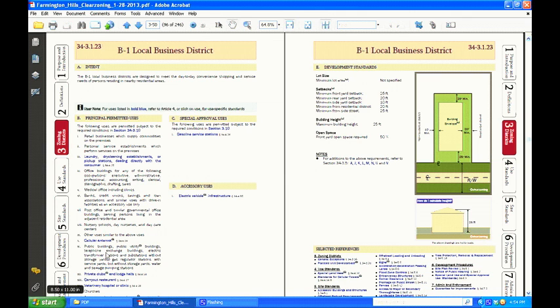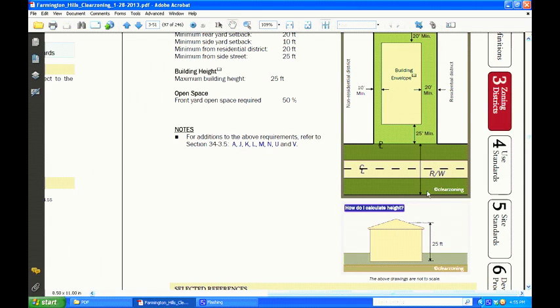We have principal permitted uses, special approval uses, and accessory uses. And then on the right side, we'll have the development standards, including setback requirements, building height, and then some selected references. If we go up here to our zoom tool, look a little closer over here, we can see our setback information highlighted. Building height in this district is 25 feet, but you may not have this style of roof, so